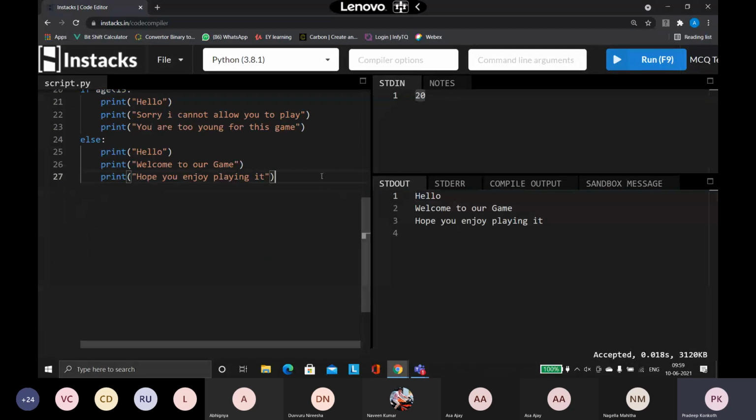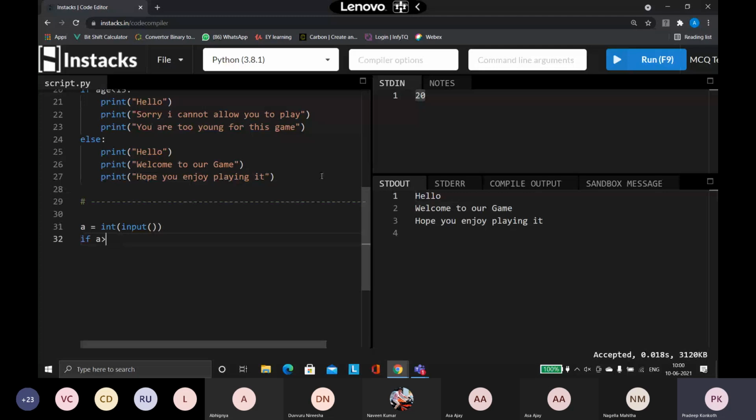Say for example, let us say for example, I'm just going to add a comment here. Now I'm going to create a program where I'm asking the user, int of input of a number. After he or she enters a number, I am writing the condition like this.